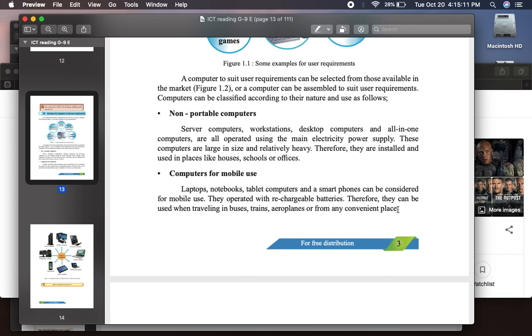We'll come back to that in a later lesson. To stay connected, to access the internet using them laptops, notebooks, or tablet computers